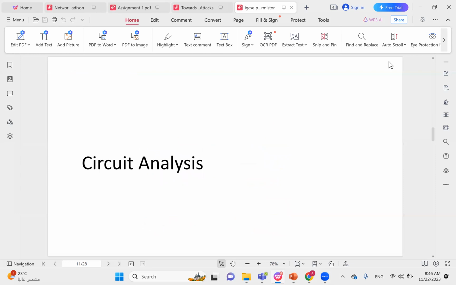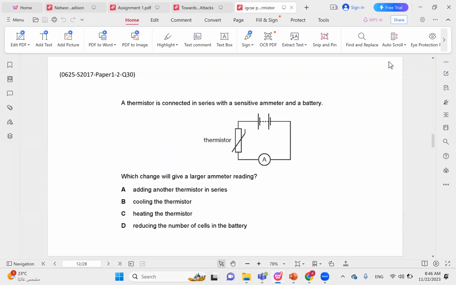Now we move on to questions that have to do with circuit analysis of thermistors. A thermistor is connected in series with a sensitive ammeter and a battery. Which change will give a larger ammeter reading? So there are two relations that we need to be aware of. For a thermistor, temperature increase implies resistance decrease. And another relation we need to be aware of is V equals IR. And this gives us